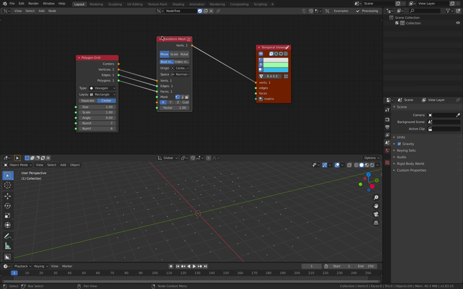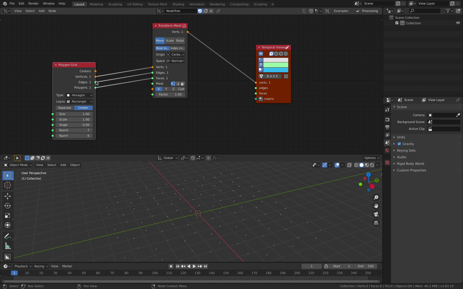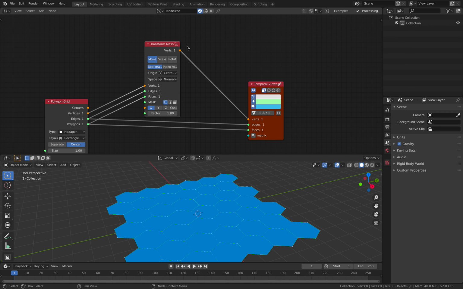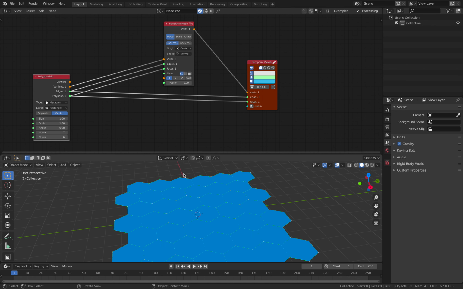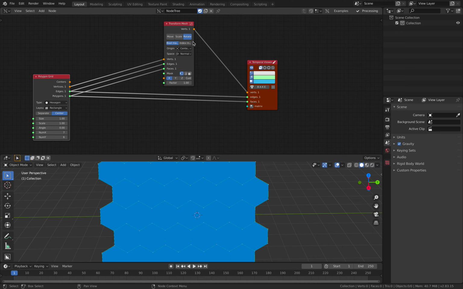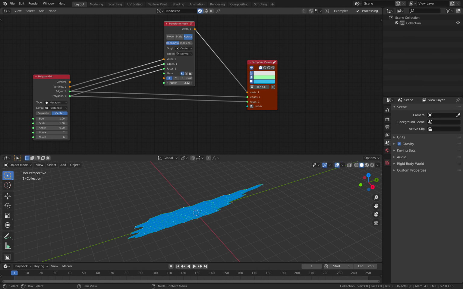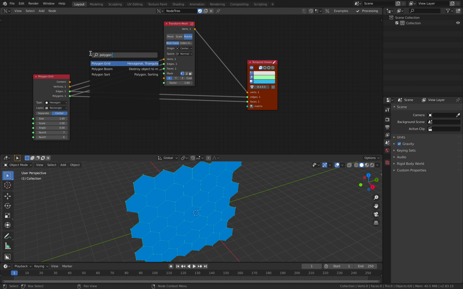Okay, this node is particularly interesting because you see how it's just modifying the vertices. And so currently, let's try with rotations. If we try to rotate it, it's rotating the whole thing. If we use polygon boom, however, let's plug this in, and this goes there. So this one is separating the polygons, and